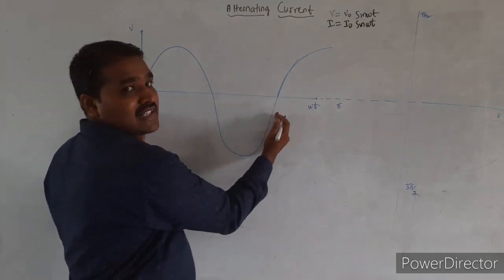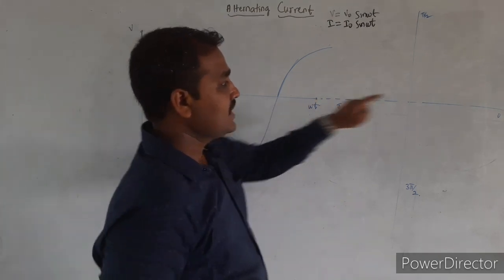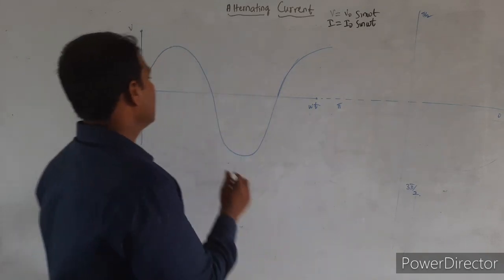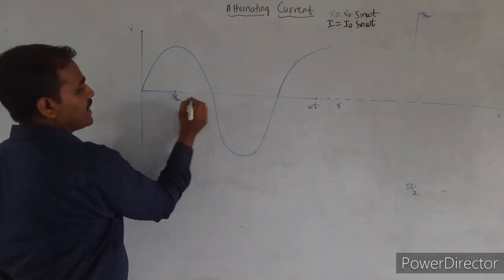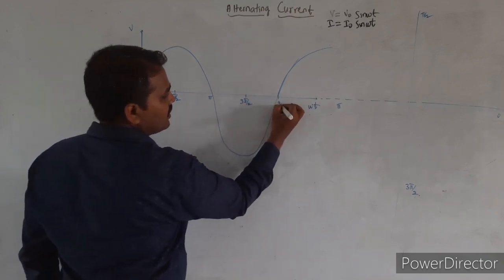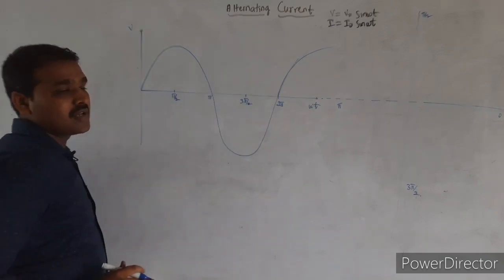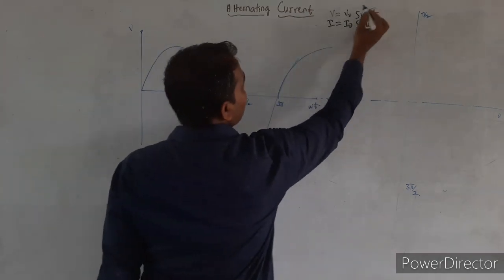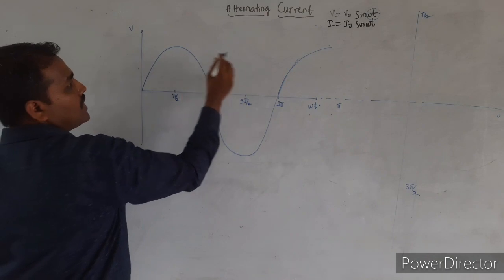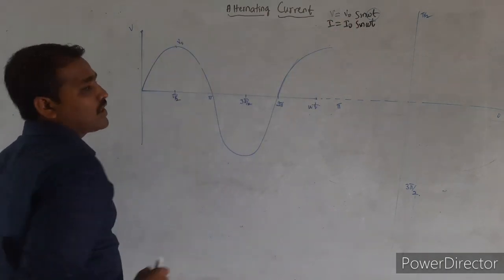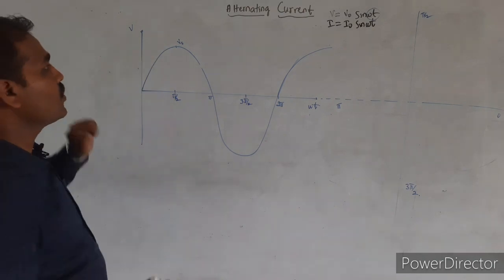Whatever this one complete cycle of 2 pi radians is, the same thing can be represented just like a circle. So this is phase angle of pi by 2, this is pi, this is 3 pi by 2, and this is 2 pi. The cycle again repeats. When phase angle omega t is equal to pi by 2, I will be having V is equal to what? V naught. So this is the maximum value of voltage which is equal to V naught.